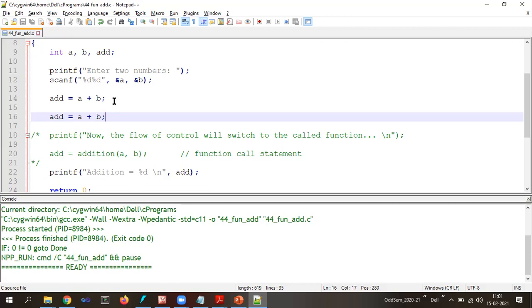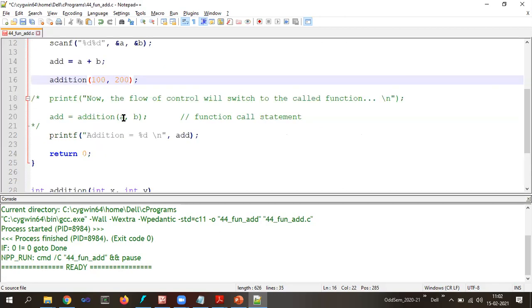Instead of that, how the user-defined function helps is that I need not write those statements once again. Instead, I can write a user-defined function which will do that particular task, like addition. Next time, I don't write this statement. Instead, I can simply write addition and pass A and B. It need not always be variables. I can just pass 100 as well as 200. Now, what is the data type of this 100? Integer. What is the data type of this 200? Integer. So again, this 100 and 200 will be passed to the function, and again the addition will be calculated.